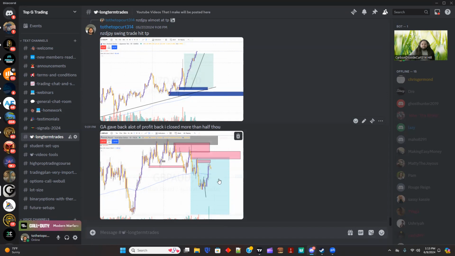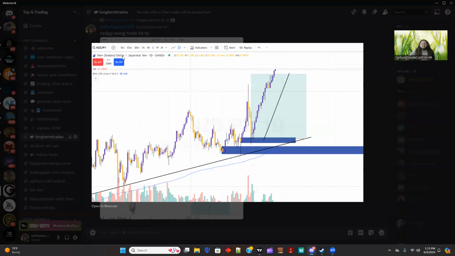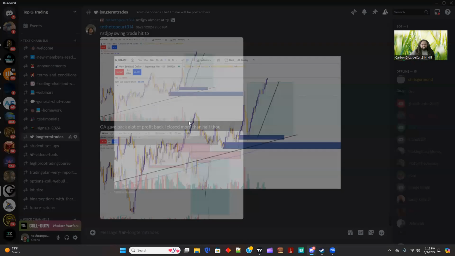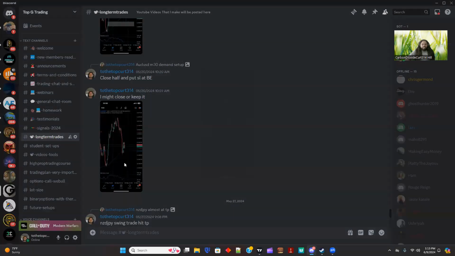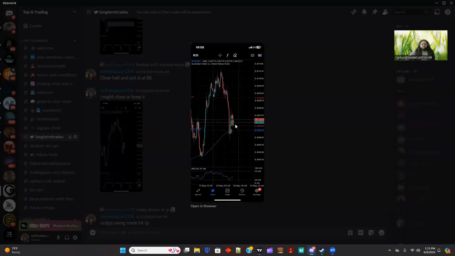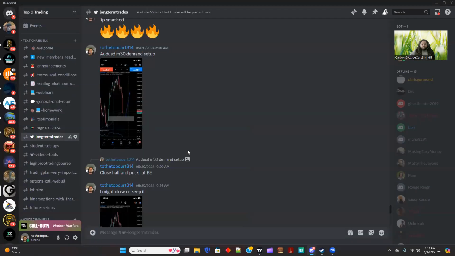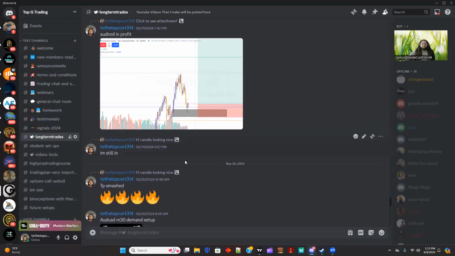And then it pulled back up, but I'm waiting for it to push back. We caught this New Zealand JPY demand setup off the daily. We got in on the H4. It hit TP. You know what I mean? Man, I made so much money off this. Then we had the AUD that ended up hitting stop loss, but I've actually put that at break even. The AUD New Zealand,